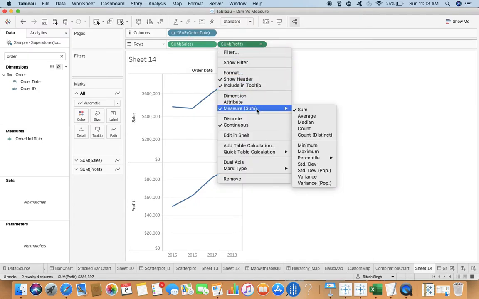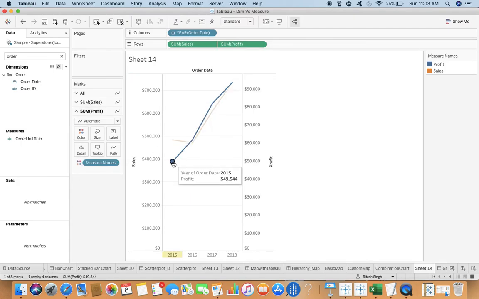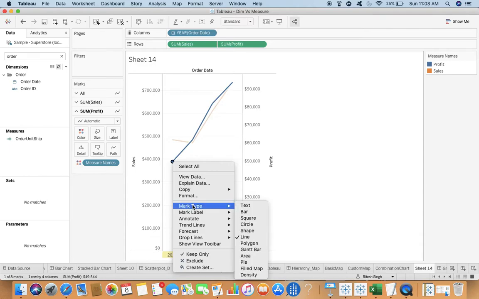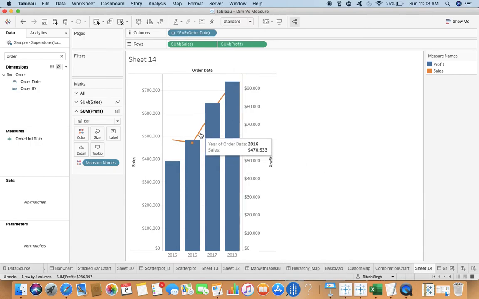In order to create a combined chart, you will have to go to one, for example, here. So there are different options over there. I can have mark type like bar over there. So one you can have as bar. And you can see that sometimes the bar would hide the other data points over there, which does not look nice. So at the back, you are having sales, right?